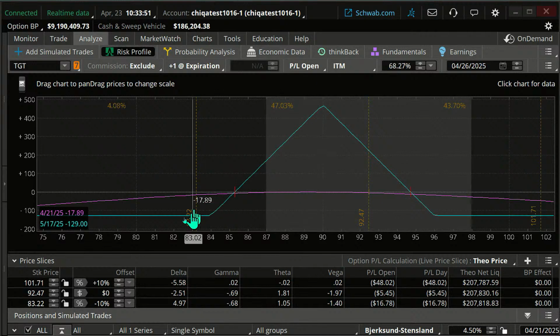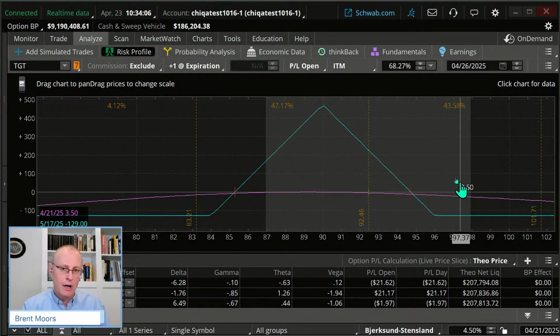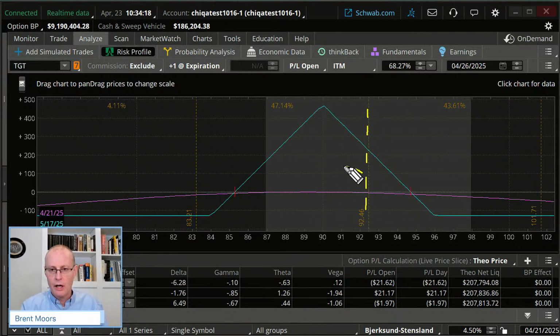Okay. Here's our max loss. Our max loss is about $129 on that trade. Now, the challenge is this. This is not a high probability trade. Butterflies aren't high probability trades, but it is a trade where we're a little bearish. The stock is right here on this chart. This is the current price of the stock. So we're looking for it to go down a little bit. That's where we're going to profit. Hopefully, if it goes down, we can hit our expected gain, which is about right there, $225. That's what we want.